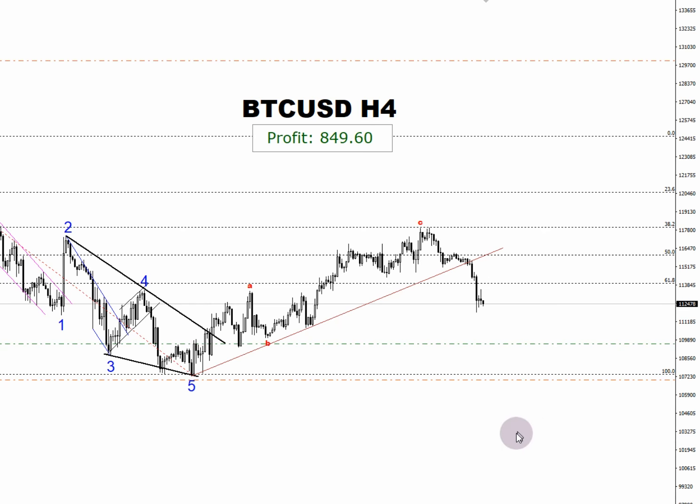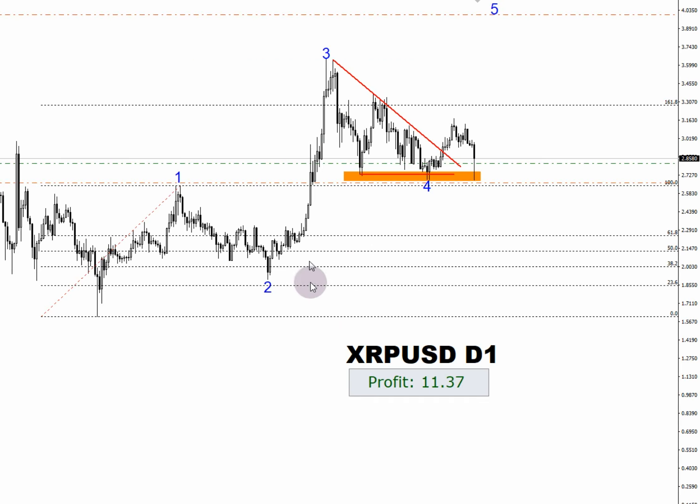Next, guys, let's move on to the next instrument, Ripple. Ripple, guys, remember we also had a buy. We bought this coin. So today, take a moment to observe the downward movement once again carefully. I don't know if some news came out or what they're saying in the news about what happened here. But overall, it seems like all the buyers who were present here got completely wiped out.